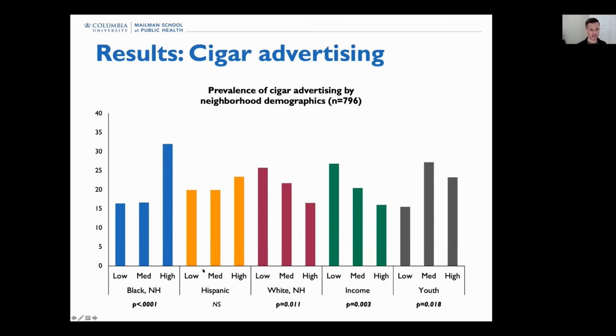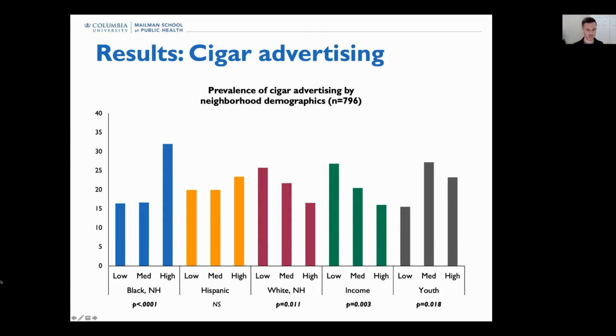It's sort of complex, but the variables on the x-axis are several key variables that we were interested in: the percentage of non-Hispanic Black residents in a neighborhood, Hispanic residents, non-Hispanic white residents, median household income, and percentage of youth residents. Initially, in our preliminary analyses, we grouped each of the 188 neighborhoods into tertiles, low, medium, or high categories, for each of these variables. So in this graph, the height of the bar represents the percentage of retailers in those types of neighborhoods that